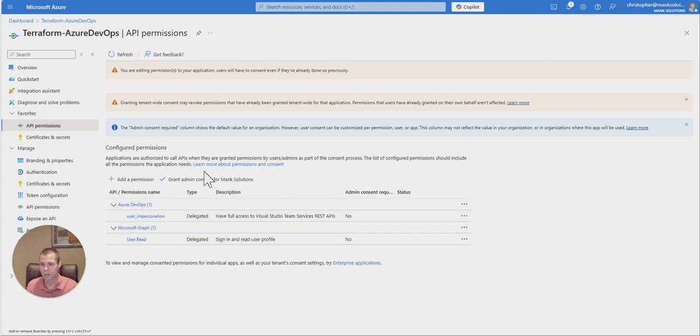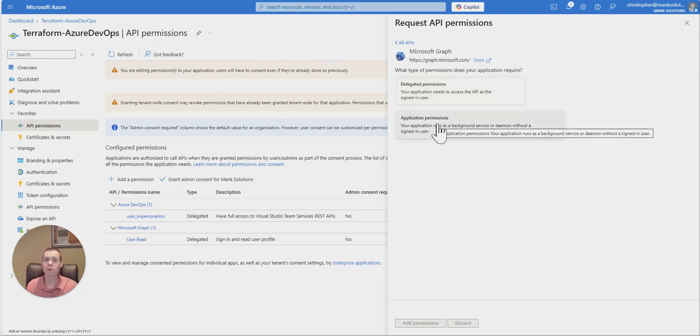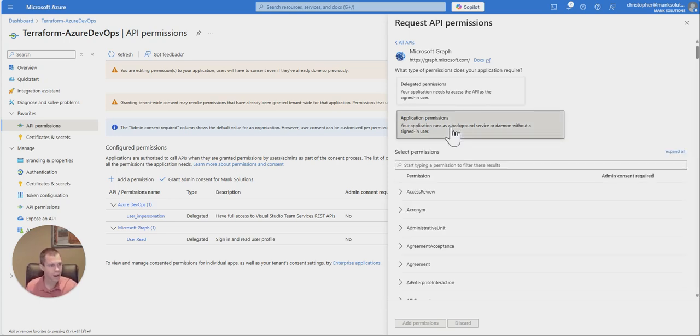Secondly, there's two additional permissions that we need as we go along farther as part of this entire setup. We're going to go back to Graph, but these are going to be application permissions because this is going to be running in the background. So there's no user it's impersonating. This application is running itself. So if I grab this, there's two that we specifically need. We are going to need